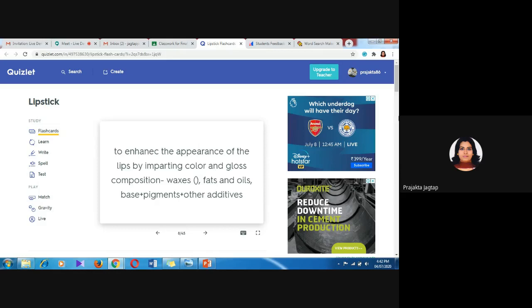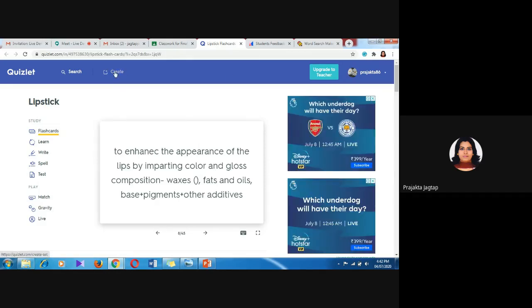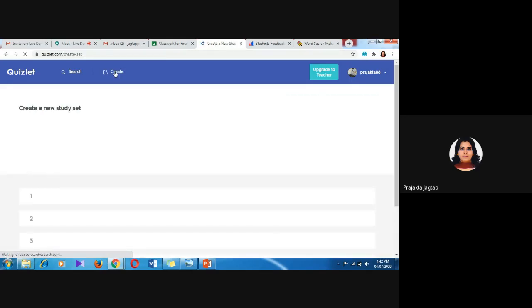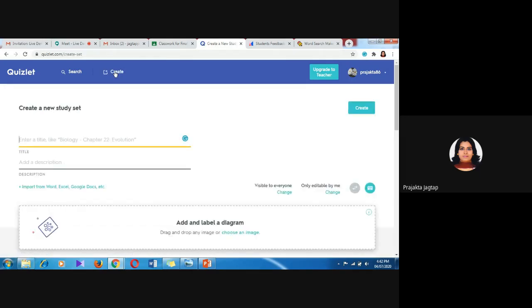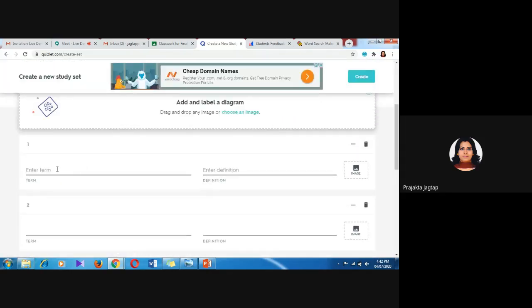So here you need to log in with your Google account so as to create the flashcards. So click on this option, create. And here you can enter the title, description, and all the data here. So you need to add the different terms and their definitions.